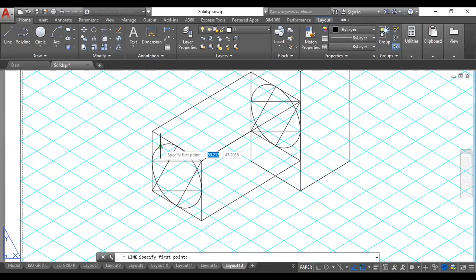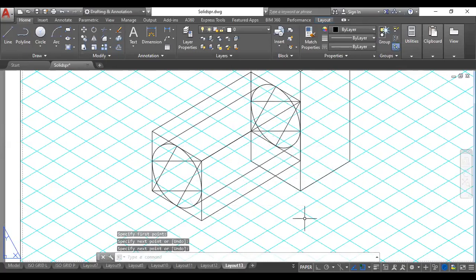Now you can join them directly from one point to another point, this to this. So you can see this becomes the cylinder here. So whichever extra lines are there, you can erase them. Whichever construction lines you don't require, you can just erase it.